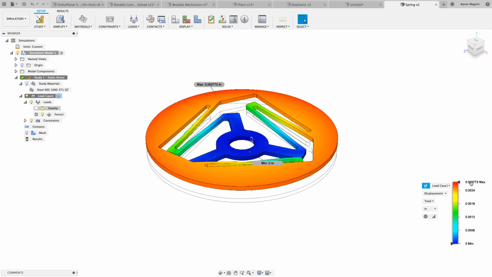from this I can proportionally figure out what force is required to cause the 1 inch of movement to get that spring rate out of it, right? So one thing you do want to pay attention to here is you don't necessarily want your total displacement. I mean, it should be relatively close. What I'm more interested in, and because this is an ortho-planar spring, it's moving up and down, I'm really interested in that y displacement. So I'm going to change that to y, and as I mentioned, it's really not going to alter things. But from this, I'm going to figure out